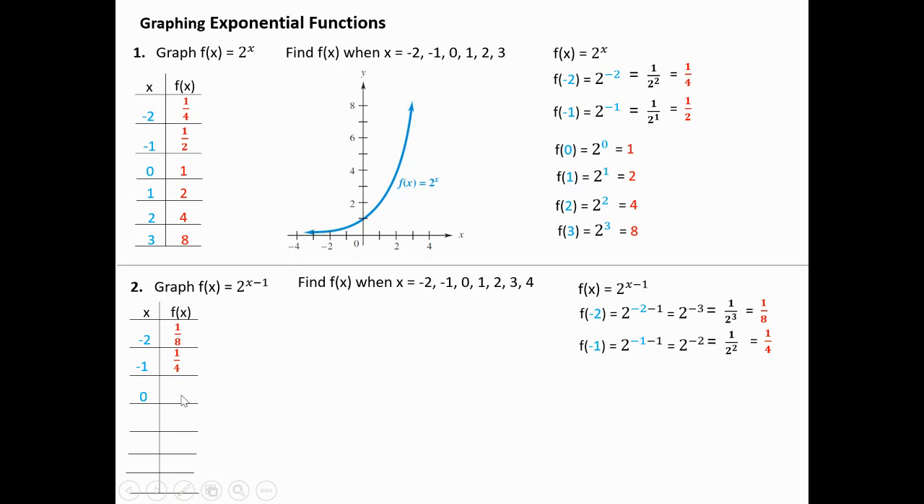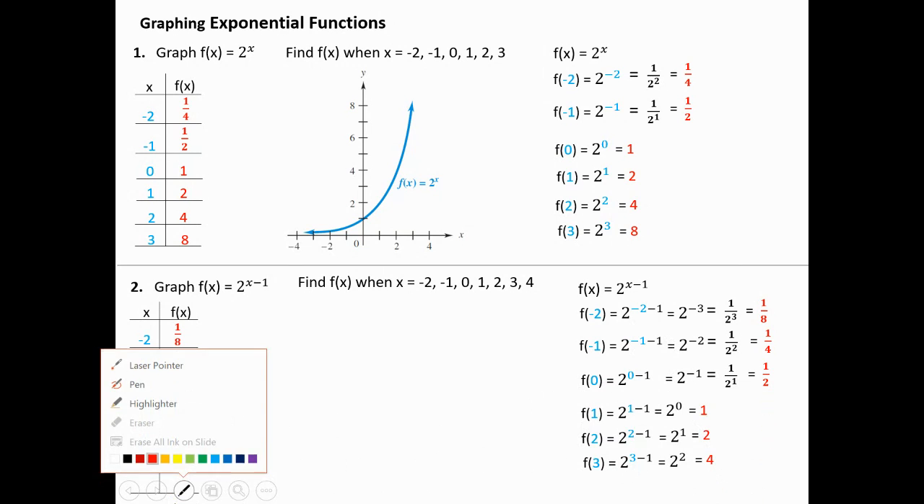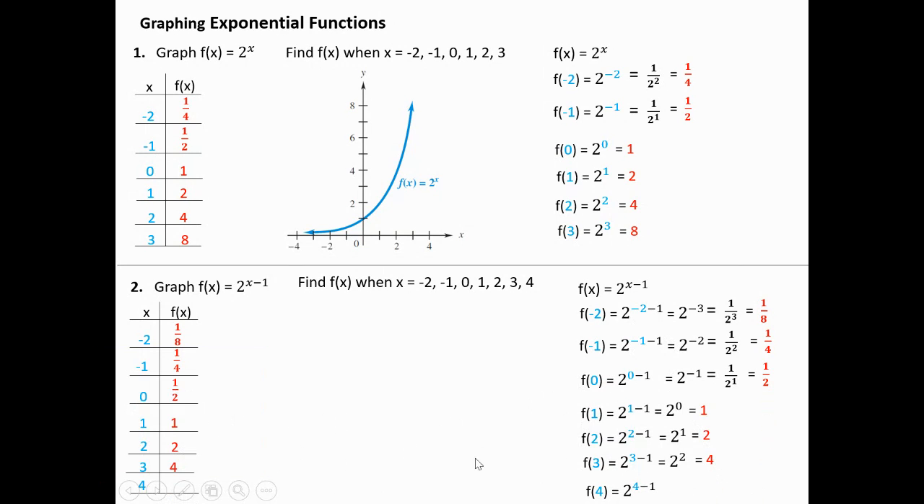And as we keep repeating the process, we're going to get 1/2. When x is 1, we're going to get 1. When x is 2, we repeat the process, so it's going to give us 2. And when x is 3, we evaluate f of 3, we plug in 3 for the x's, so it's going to be 2 squared, which is equal to 4. And when x is equal to 4, it's going to give us 2 to the third power, which is equal to 8. So this graph will look something,